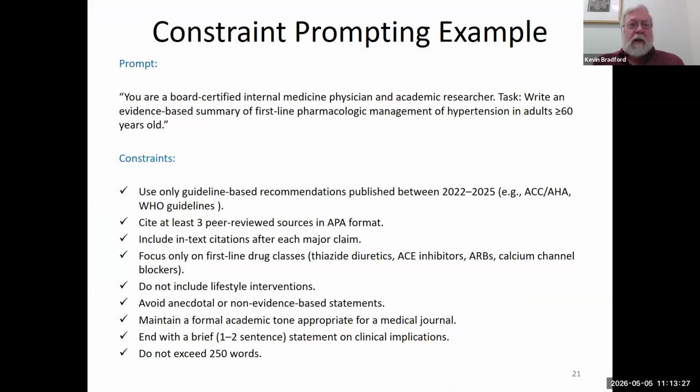Okay, so here's an example. Again, I've repeated that, and then I've expanded here on the constraints, all sorts of constraints. Think of this as describing the patient, what the interventions are, if there's any comparisons, and what your outcome is, basically. So, again, it's not really all that different from a PICO model of searching a database. Very, very similar.